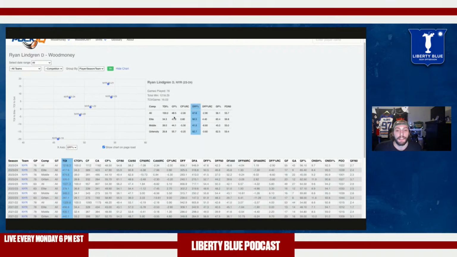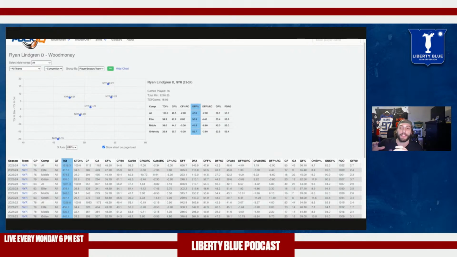You see here, Lindgren spends the majority of his ice time against teams' middle sixes, 39% of the ice time, 41% of the dangerous scoring chances in those minutes. Against elite competition, he has better results, 50.5%. But this is a picture, and it gives you an understanding of quality of competition. This is Puck IQ. This is a good resource like Dauber's Frozen Tools to show you